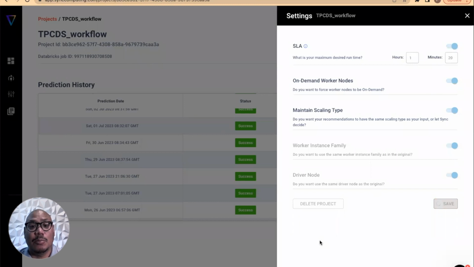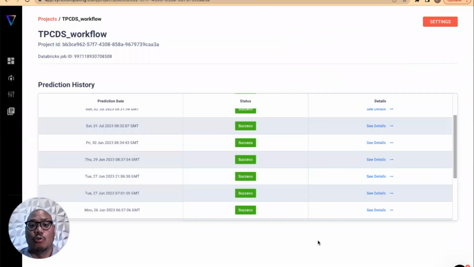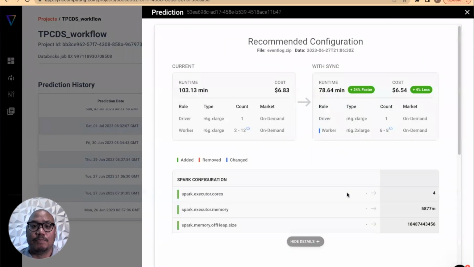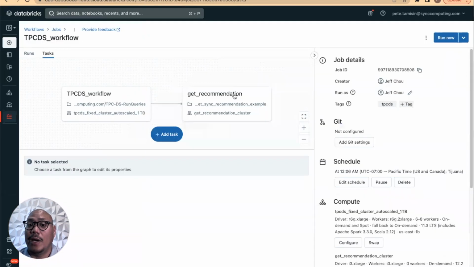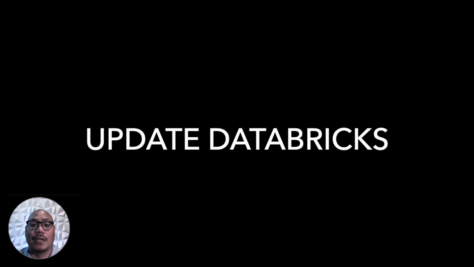The next time the TPC-DS job runs, Gradient will use these settings to pick the configuration that should come closest to meeting your SLA. Let's see how this affected the next run. Great, it looks like Gradient predicts we can make that SLA with these new configurations. Since I'm happy with this recommendation, I go back to Databricks and I update the compute cluster for my job